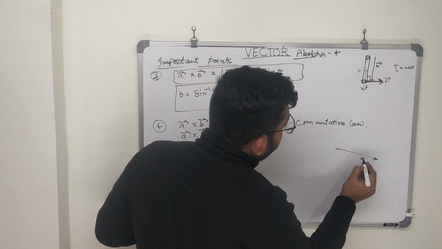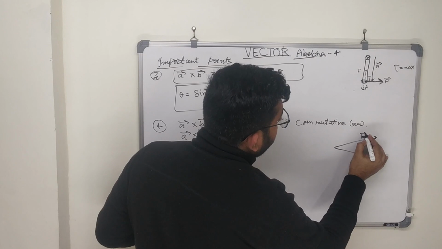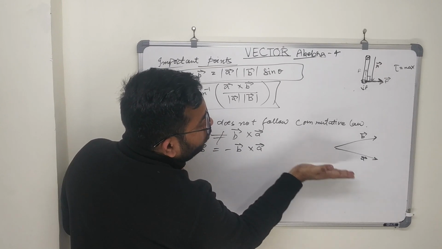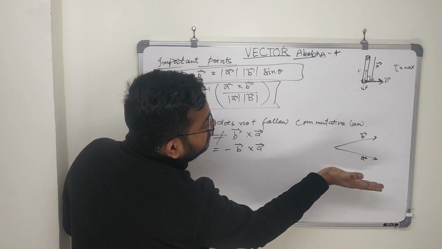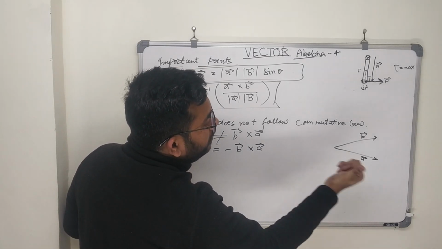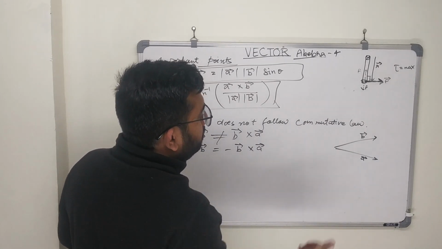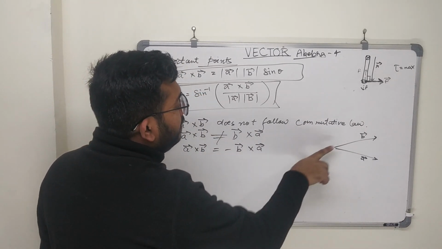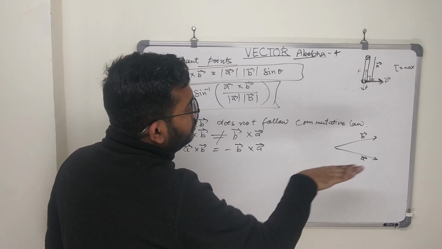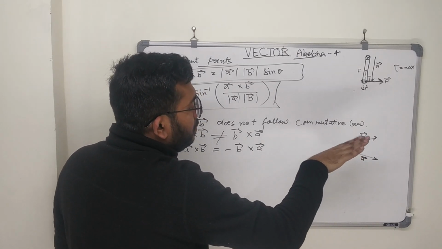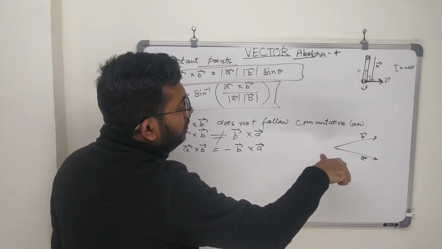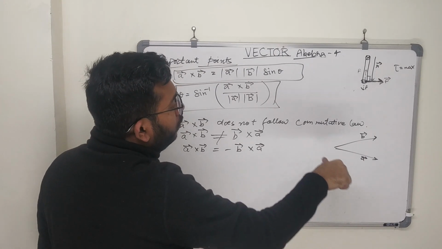Suppose that this is the A vector and this is the B vector. अगर हम A क्रॉस B की डायरेक्शन निकालना चाहें तो हमें अपनी फिंगर्स को A वेक्टर की तरफ पॉइंट करना होगा and then curl towards the B vector. So in this case you can see that the direction of A vector cross B vector is normally outward from the board. और अगर हम निकालना चाहें B वेक्टर क्रॉस A वेक्टर तो इस केस में we have to point our fingers towards the B vector and then curl them towards the A vector, and we can see that my thumb is pointing inwards into the board normally.